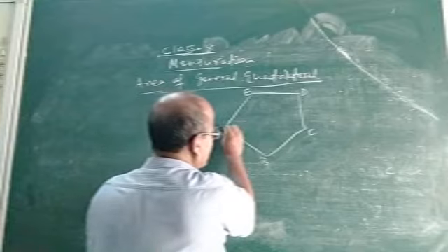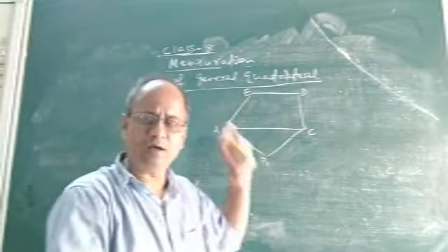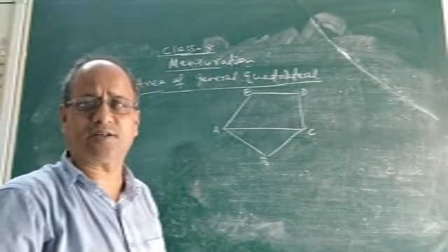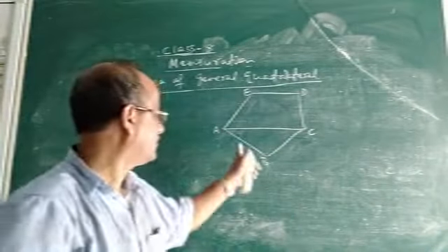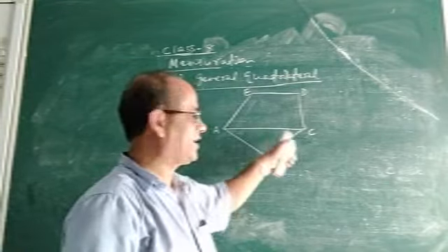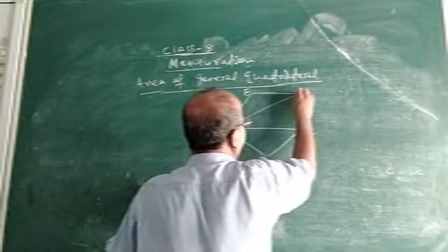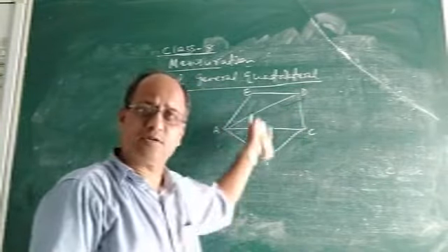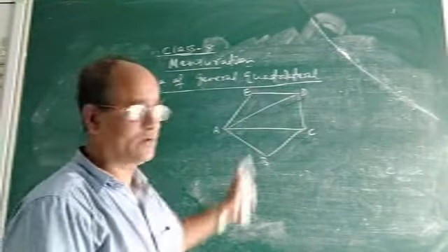If you join this, look, A and C are two non-consecutive vertices. In understanding quadrilaterals, I said if we join any two non-consecutive vertices in a polygon, it becomes a diagonal. So this is one diagonal of the pentagon. Join AC. Similarly, join another, A and D. They are also two non-consecutive vertices, so it will be another diagonal of this particular pentagon.